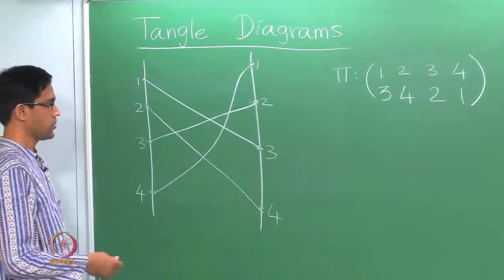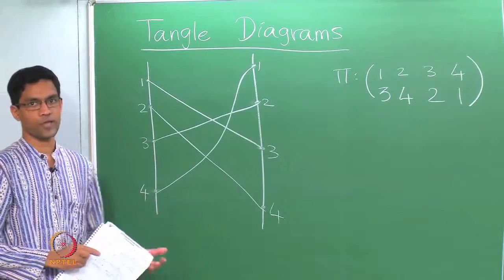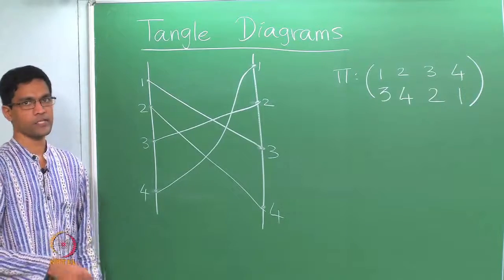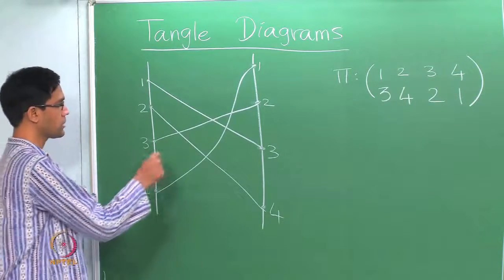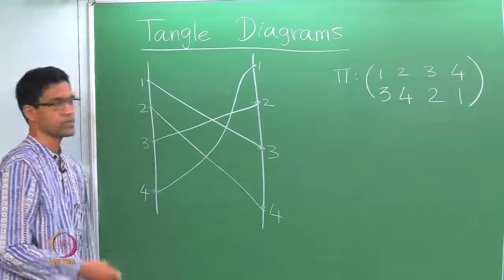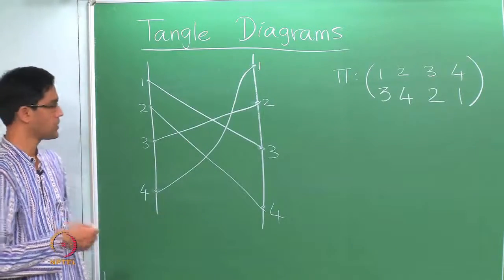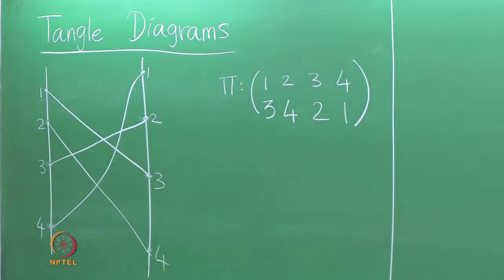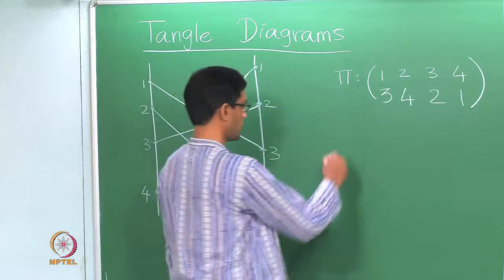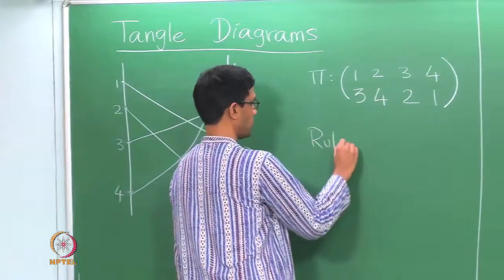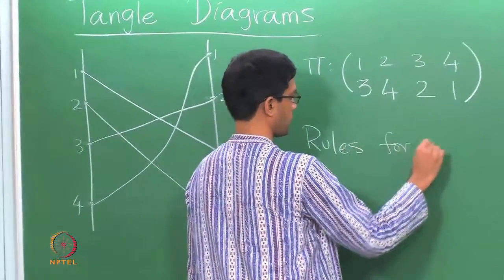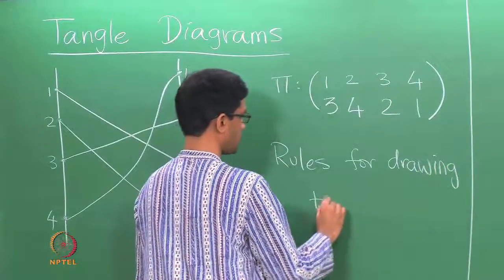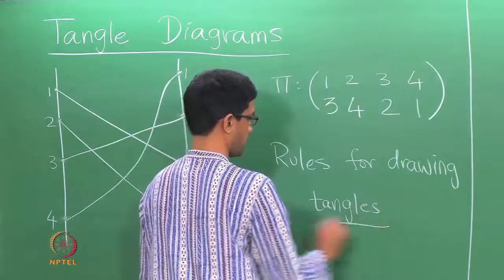And so the question of course is, what are the rules for drawing these diagrams? One rule we looked at already: it's best to avoid getting 3 or more lines to pass through a single point, because that makes counting crossings somewhat harder. But we also need to understand what are all the admissible ways of drawing these diagrams. So what are the rules for drawing such a diagram? This is sometimes called a tangle diagram. So what are the rules for drawing tangles?